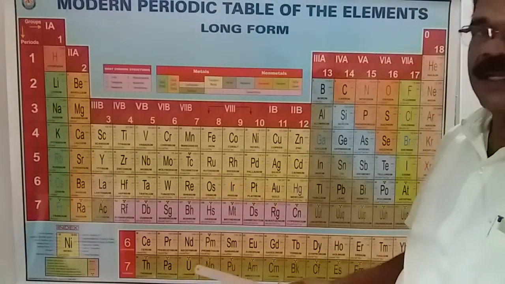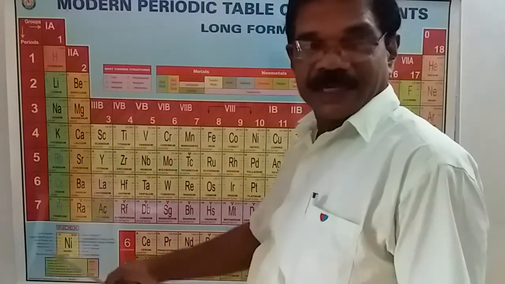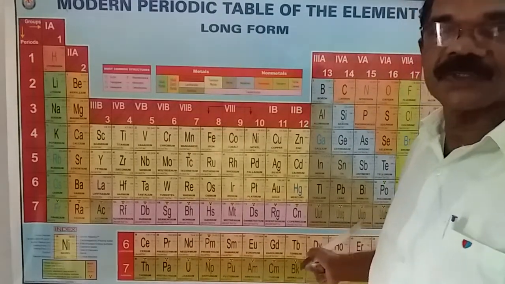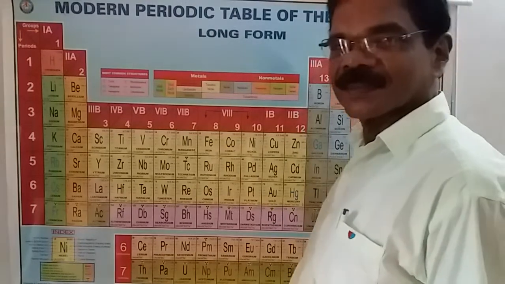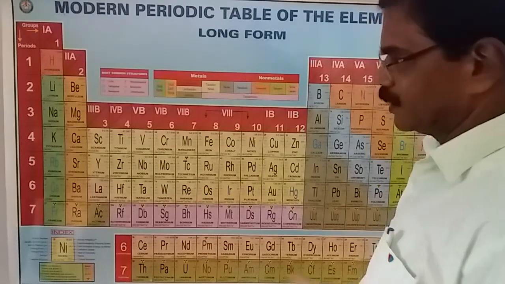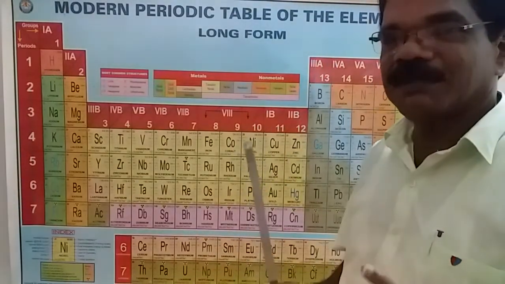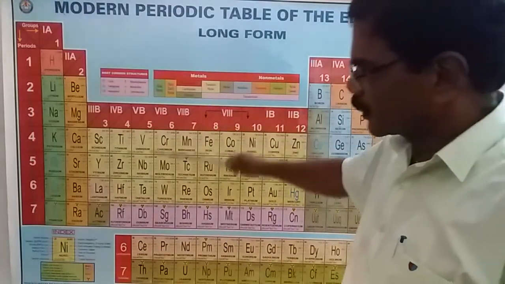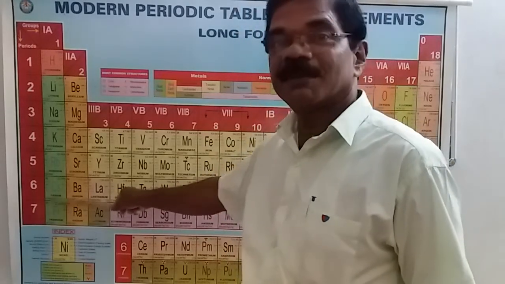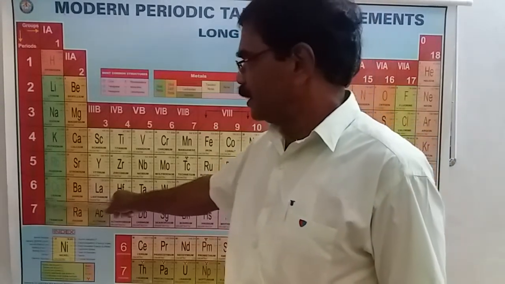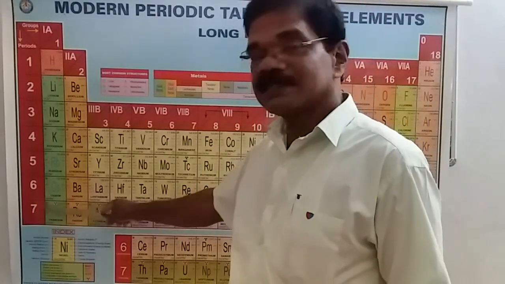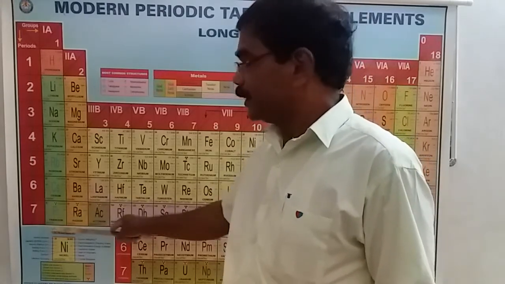We have learned that from left to right size decreases, and we have already learned the reason also. In a period, the size of the atom decreases from left to right. So, which is the biggest atom? Bottom of the periodic table, left side. Which is the biggest atom among the elements? It is the 7th period, first element. What is it? Francium. The biggest atom is francium.